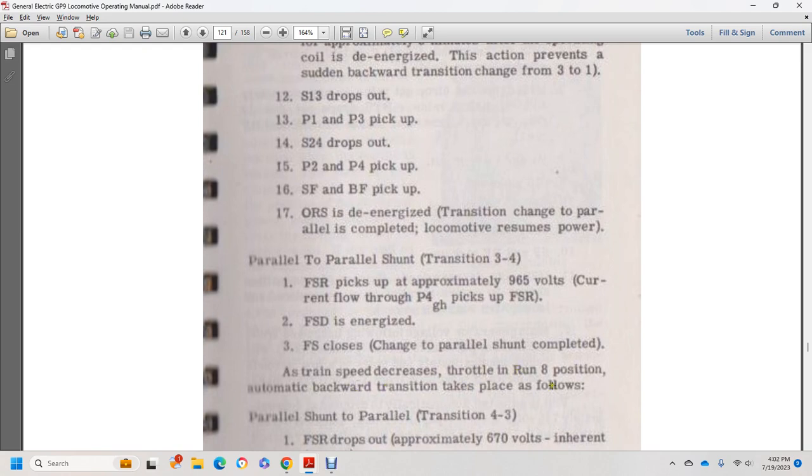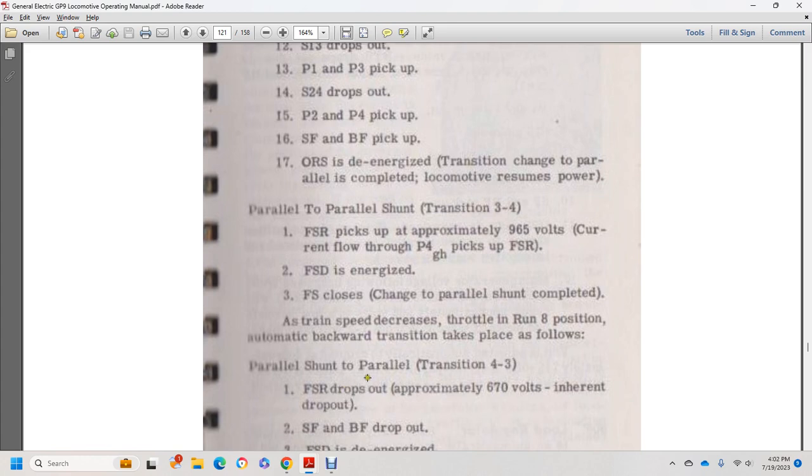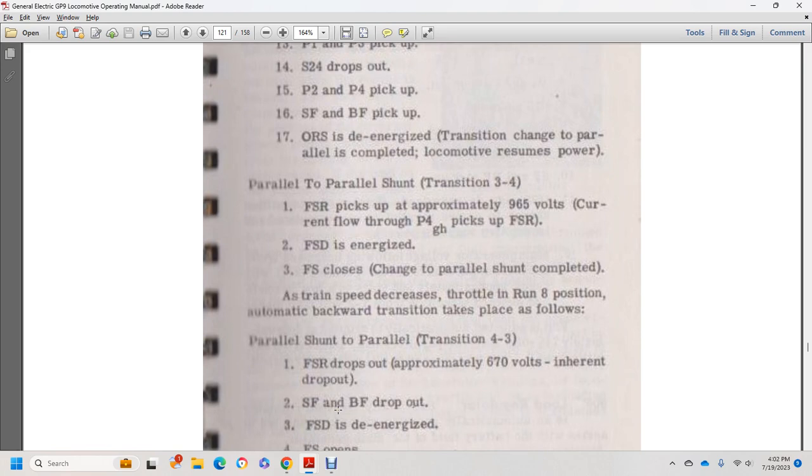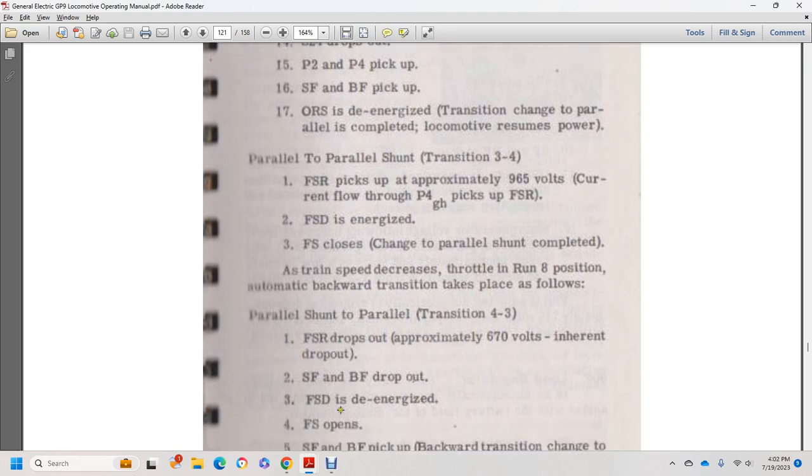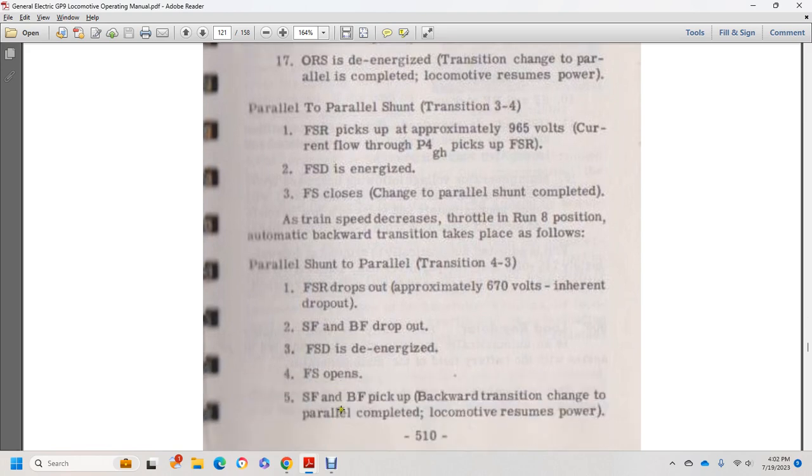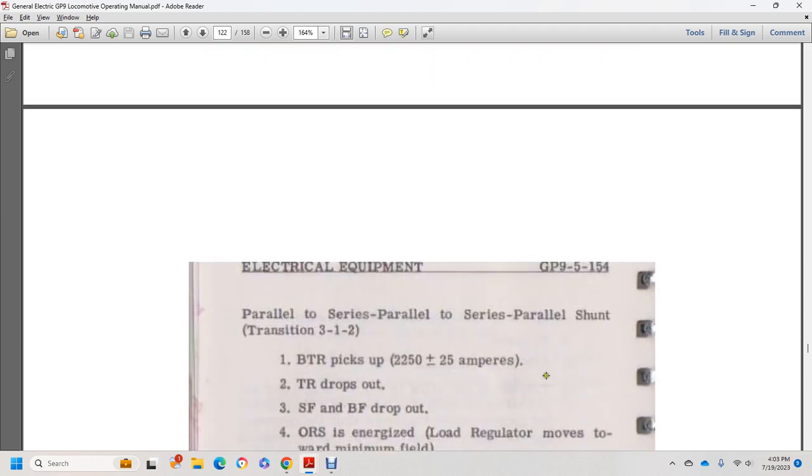Automatic backward transition takes place as follows: parallel shunt to parallel, transition 4 to 3. FSR drops out at approximately 670 volts, with the dropout of the SS starting field and the battery field dropout. FSD with the energized field switch, field start open, field shunt opens, starter field and battery field back up. The transition chain of the parallel is complete, with the locomotive resuming power. Parallel to series parallel shunt, with the battery transition relay picking up